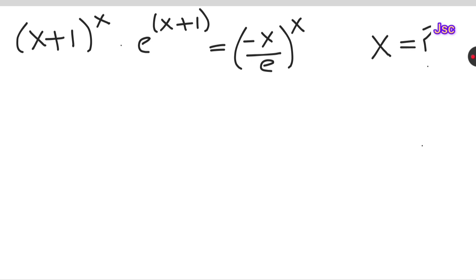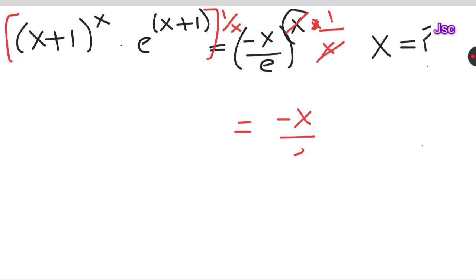Observe here on the right hand side, in the exponent we have x. To get rid of this x, I am going to take the power 1 over x on both sides. If I take 1 over x on both sides, the x and the x get cancelled. So we are left with only -x/e on the right hand side, and the left hand side now is